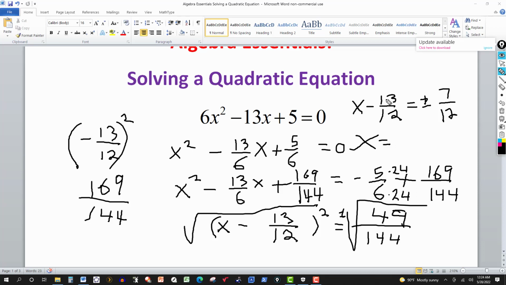Now we just add 13 over 12 to both sides, so we get x on the other side. So this will be 13 over 12, add 7 over 12 is 20 over 12. And that gives me the 5/3. And then 13 over 12 minus 7 over 12 will give me 6 over 12. And that'll give me the 1/2. So we get the same answers. It's x equal to